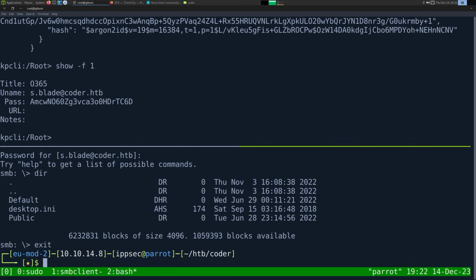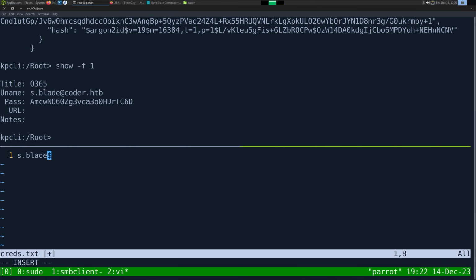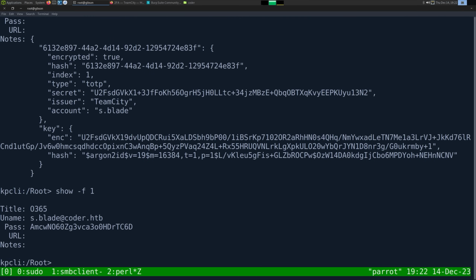We could run Bloodhound now, but Bloodhound's not going to buy us much. So all I'm going to do is vi creds.txt, and we'll do s.blade this. And if I was doing the box blindly, I probably would be running Bloodhound here and looking through, but I want to try to put all the Bloodhound stuff in one spot so it stays a bit more organized. Because the next step is cracking this